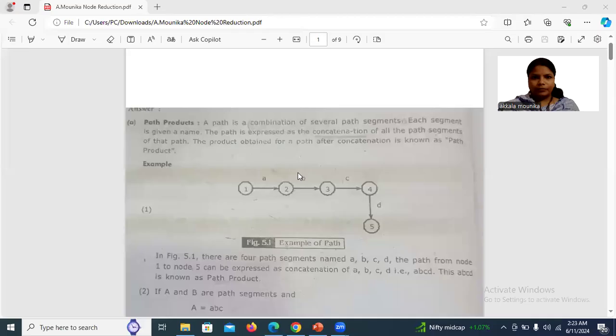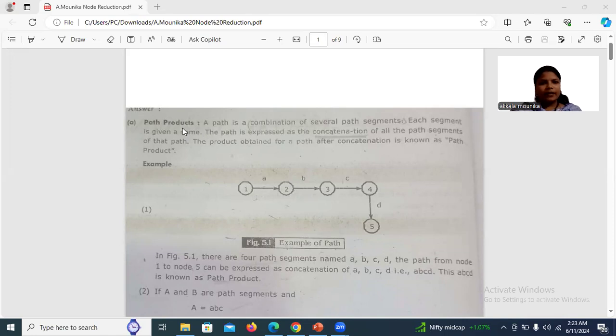And let me share the copy. Let me share the copy. I think it is visible. See,